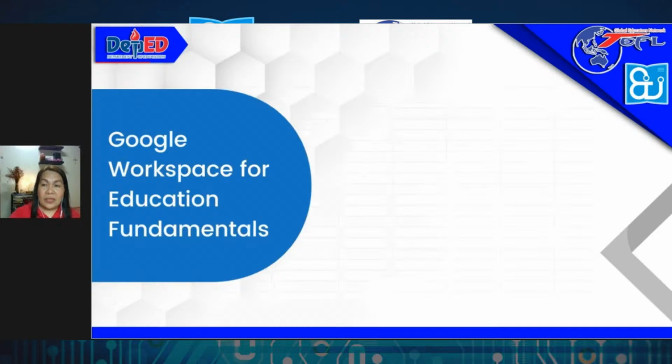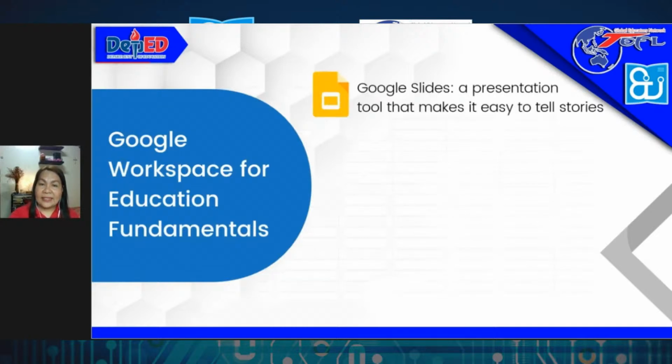So another thing is Google Slides, a presentation tool that makes it easy to tell stories. With Google Slides, you can create, edit, collaborate, and present wherever you are for free. Tell stories that matter. Google Slides makes your ideas shine with a variety of presentation themes, hundreds of fonts, embedded video, animation, and more. Create and edit your presentation wherever you go from your phone, tablet, or computer, even when